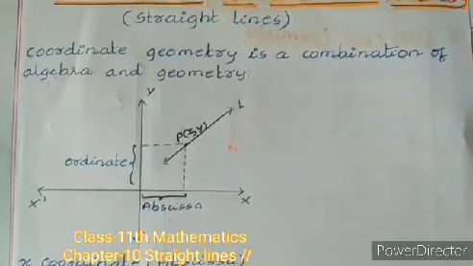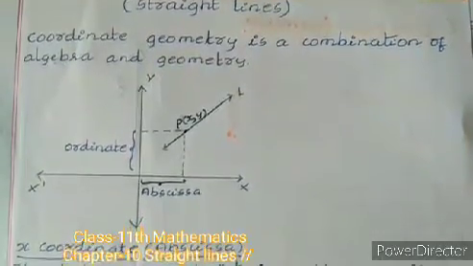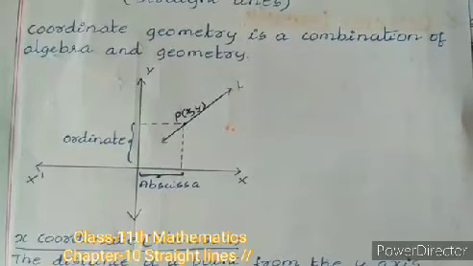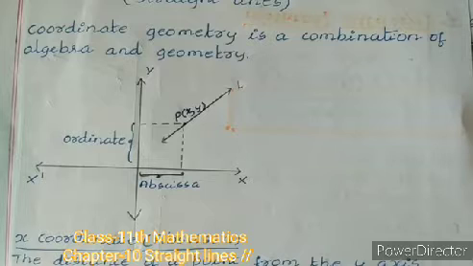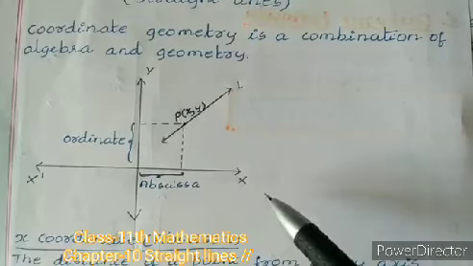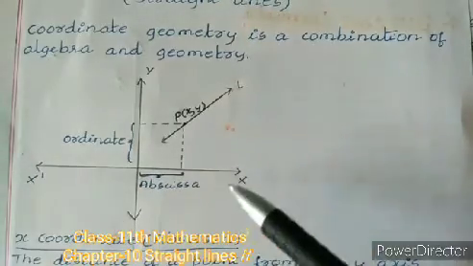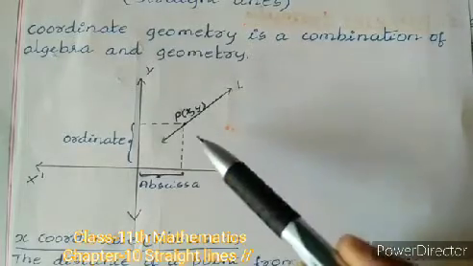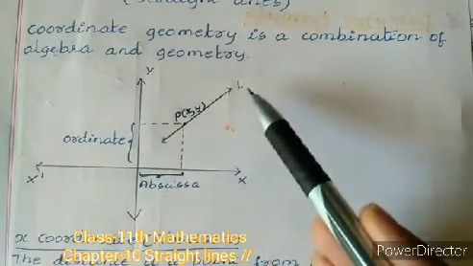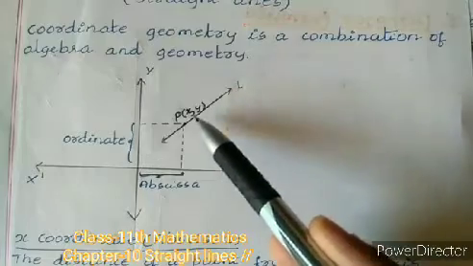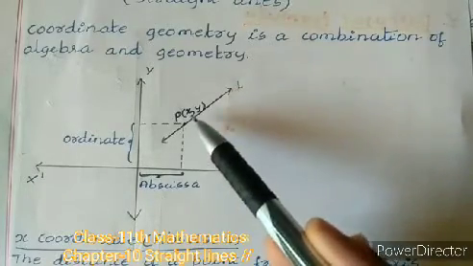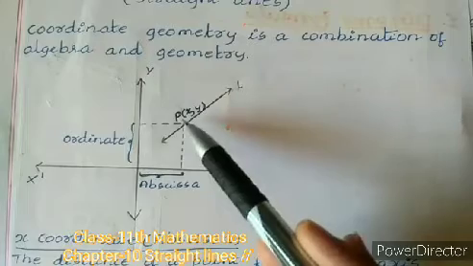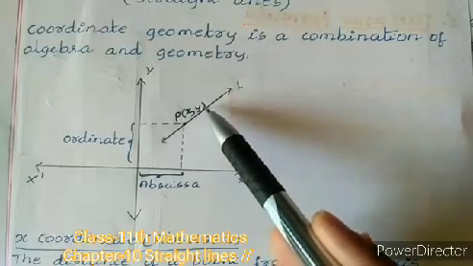The abscissa means, suppose there is a straight line on the xy plane, that is a two-dimensional plane. Here I have taken a Cartesian plane with x and y coordinates. This Cartesian plane is a 2D plane. And on this plane, I have taken a line. Let us say the line is L and there is a point P on that line, and the coordinates of this point P are x and y.